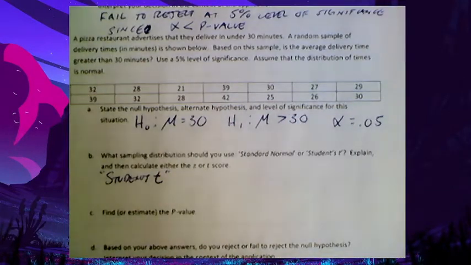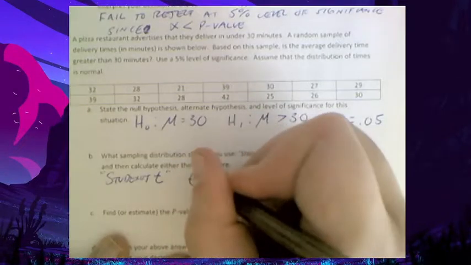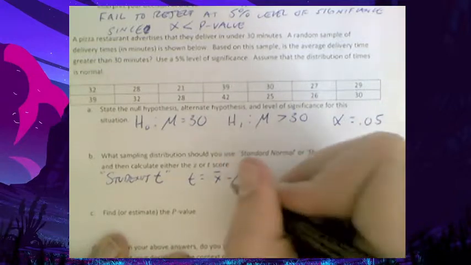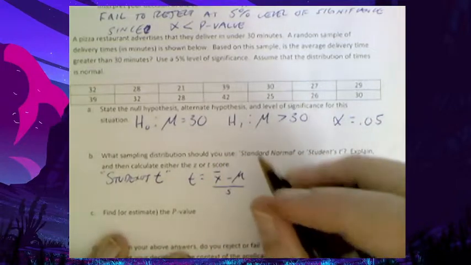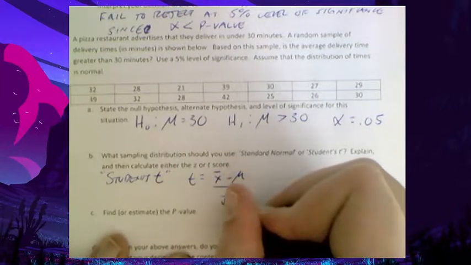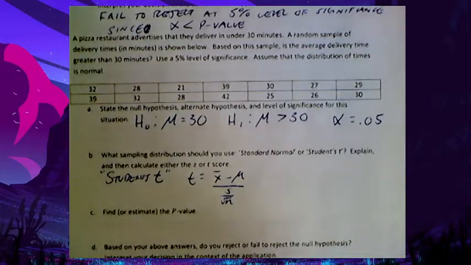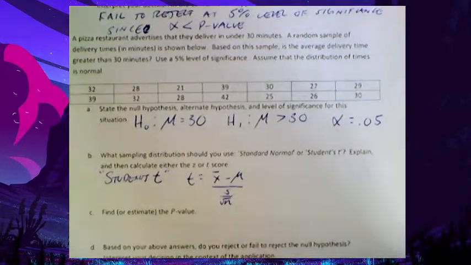So our equation for t in this case is x bar minus mu over s divided by rad n. So it's the same equation as we had earlier, but we have s as opposed to sigma. But all we currently know is mu and n. We do not have our x bar. So we're going to have to go back